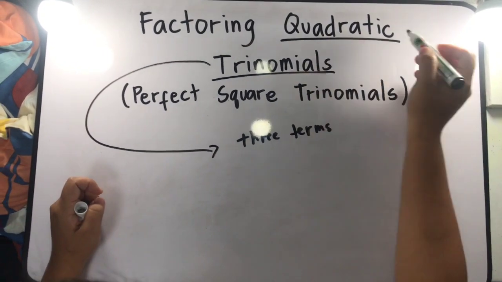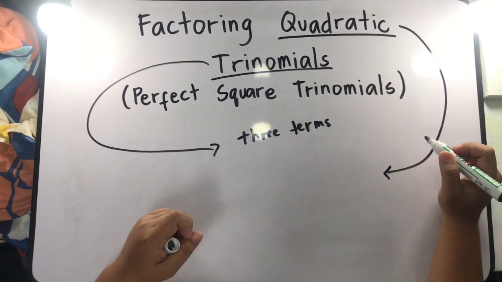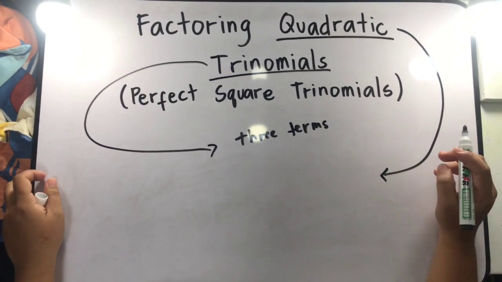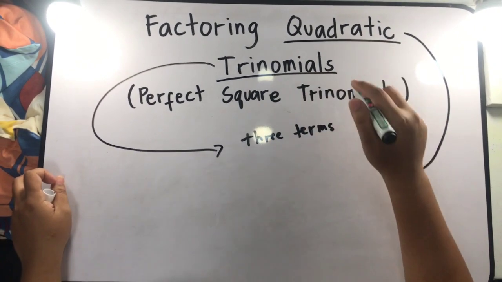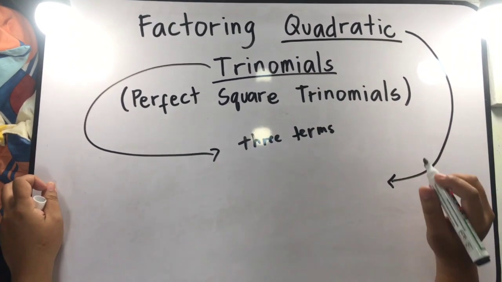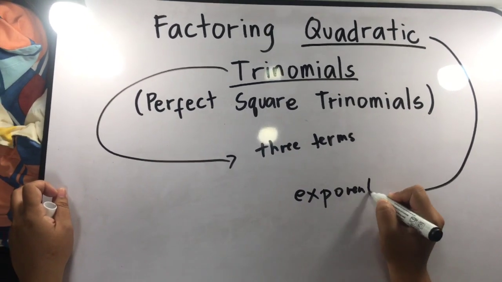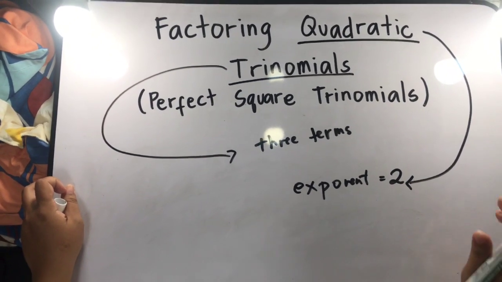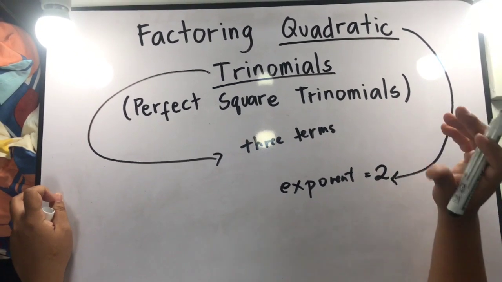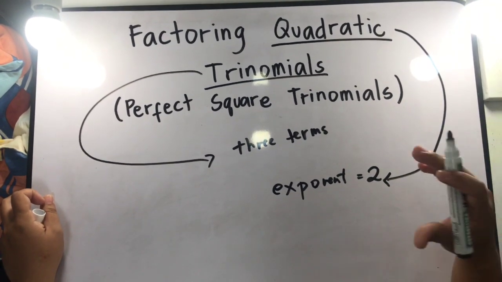And now, we have the term quadratic. When we say quadratic, it refers to the highest degree of the exponent. So, kapag sinabi natin quadratic, expect that the highest degree of the exponent is 2. Ibig sabihin yan, hindi kayo makakakita ng variable na may exponent na mas mataas sa 2, kundi hindi